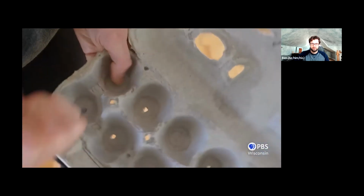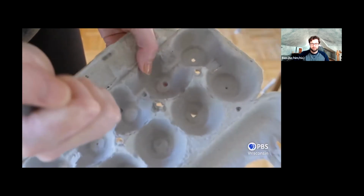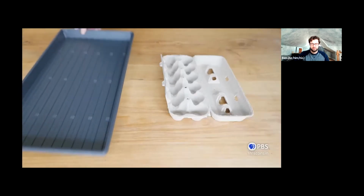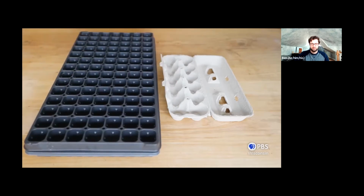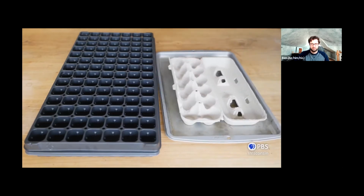If you're reusing something like an egg carton, make sure it has a small drainage hole in the bottom. Depending on your material, a pencil, hole punch, or X-Acto knife work great for this. A waterproof tray to sit underneath your pots. This will help with watering and with moving your plants. You can use household items like baking sheets for your trays, but just remember they'll be out of commission for a few weeks. You can also check out thrift stores for some of these materials, but make sure they're clean